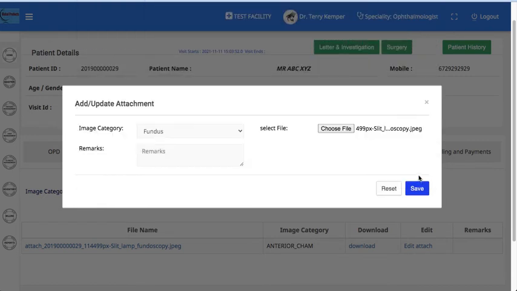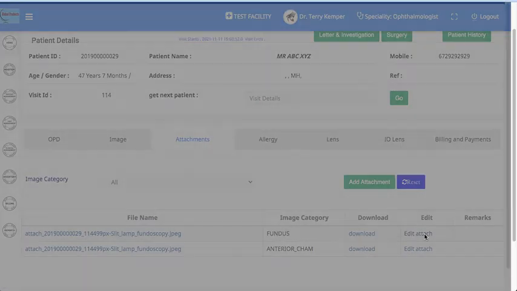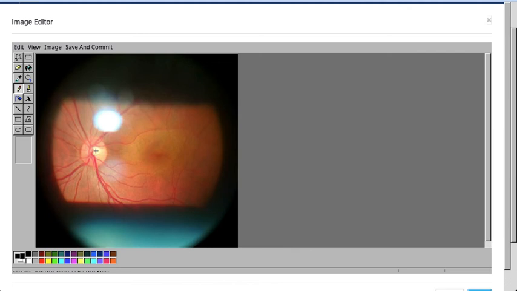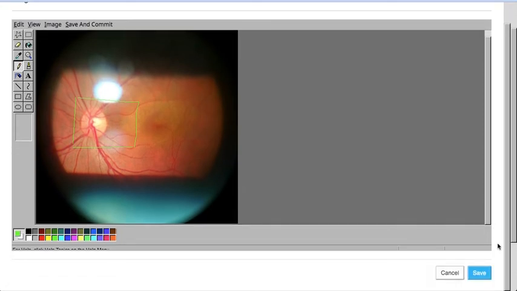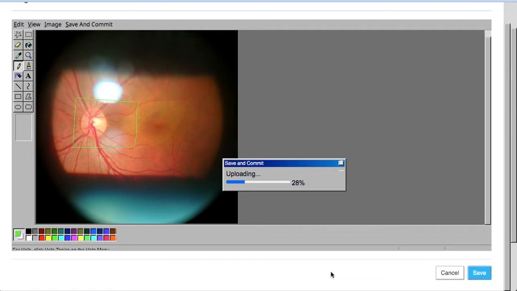Select the image, upload and save it. And the image can be edited using the built-in image editor. Areas can be marked up. And the image saved for that particular patient visit ID.